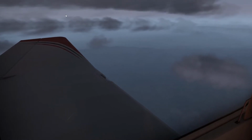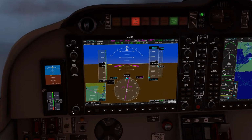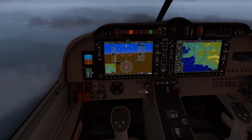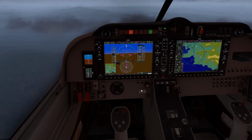A nice healthy descent, good speed. So I think we need to descend a little bit quicker now. We're at 6,000 feet. If we can get down to 4,000, I'll get a nose down attitude of minus 800 feet per minute. What is the frequency for Castlet? Keep pronouncing it the most English way possible. What is the frequency for the Castlet? I believe it is pronounced...